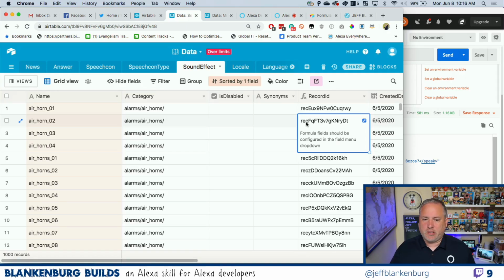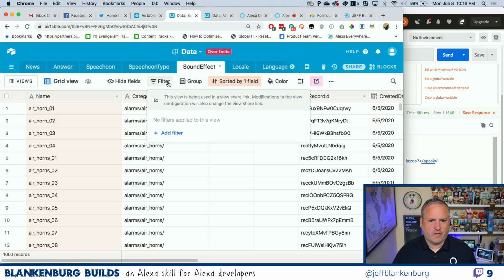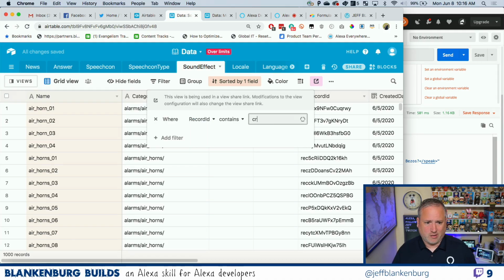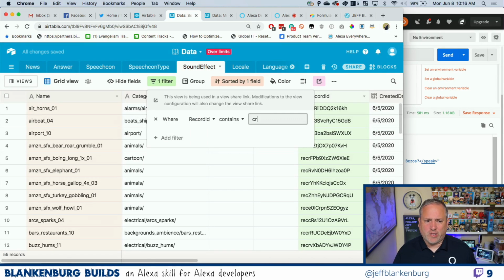There is the possibility, of course, that if I have C in there, that I'm going to end up with a lot of records. Like, what if I say, I haven't actually tried this. Let's see. If I say add filter, where record ID contains like CR. Yeah, see, I get more like 50 records if C happens to be the first letter that's picked. But I'm willing to live with that case because I don't really want to get rid of C. That certainly gives me the possibility that I may never hit some records, the more letters that I exclude.